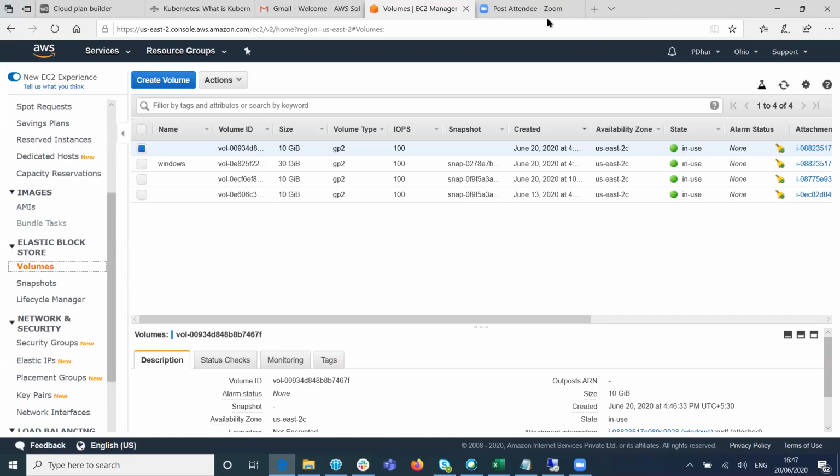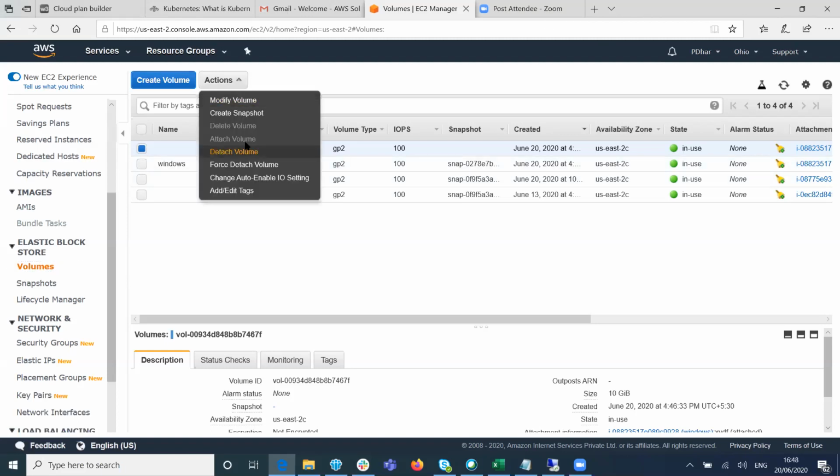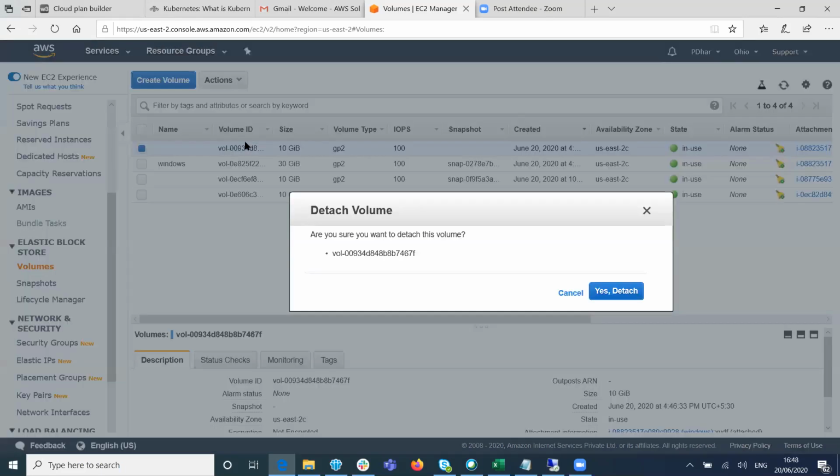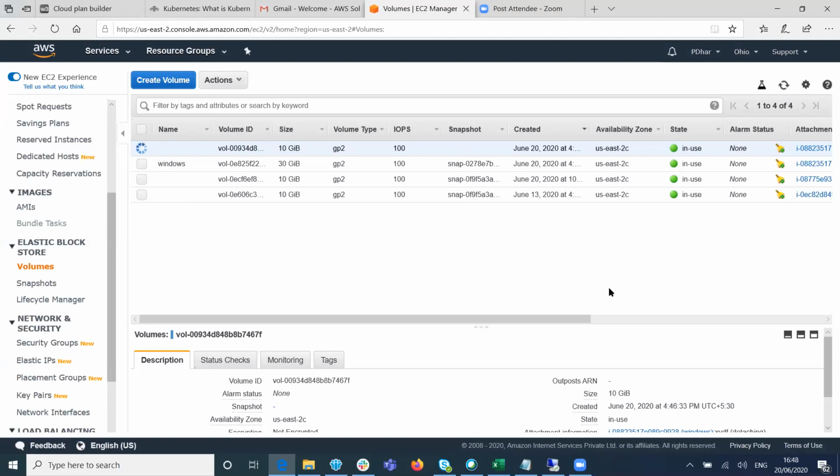And now select this and detach it. Now again action, you have detached once.